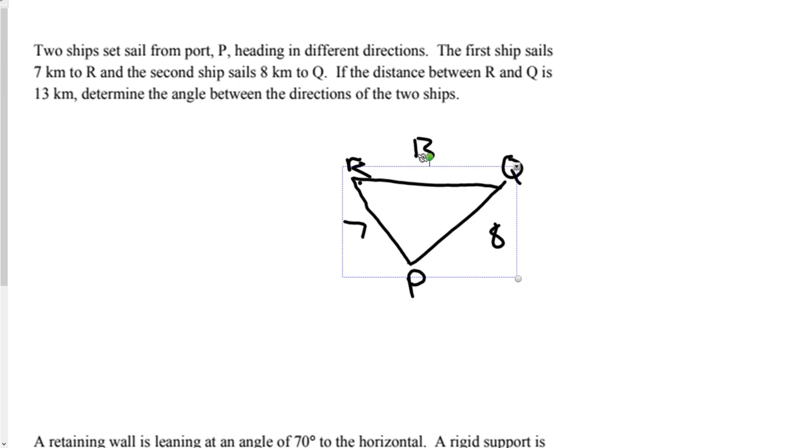We want to determine the angle between the direction of the 2 ships. So one ship went towards R, one went to Q, so the angle would be here. So we're looking for an angle P. Okay, so when dealing with this, all that we need to know is if this is the angle we're looking